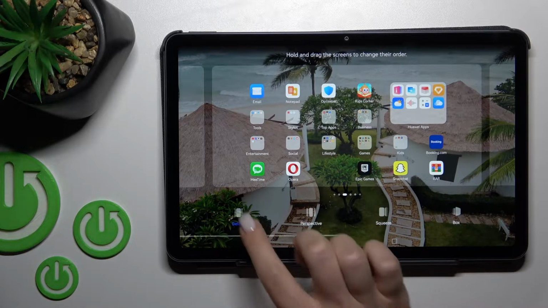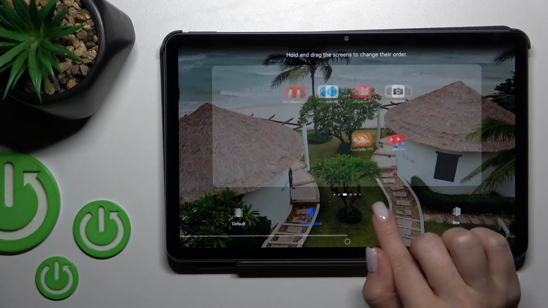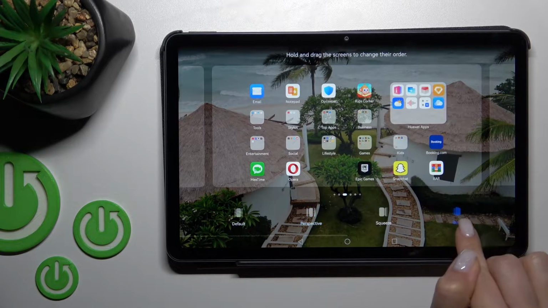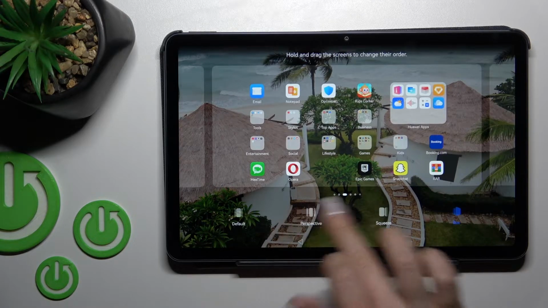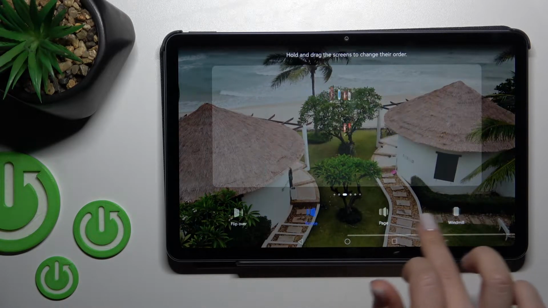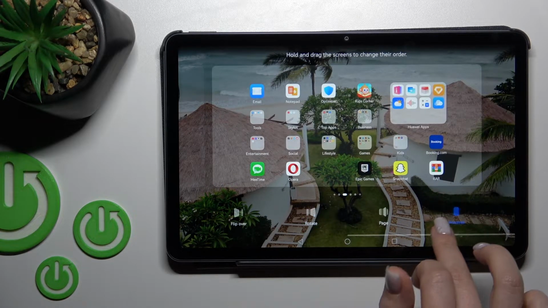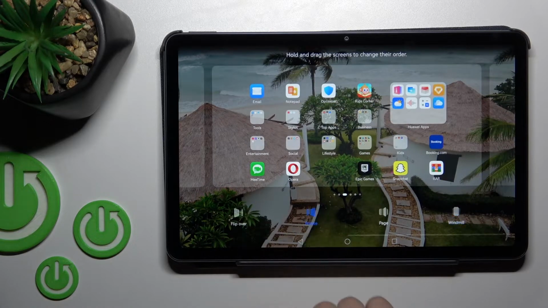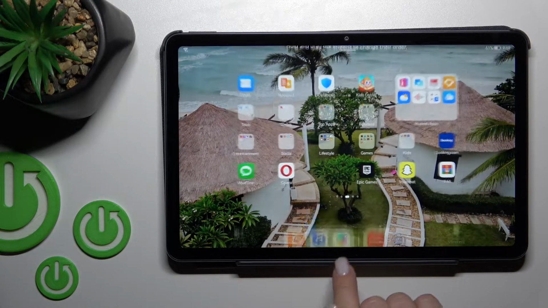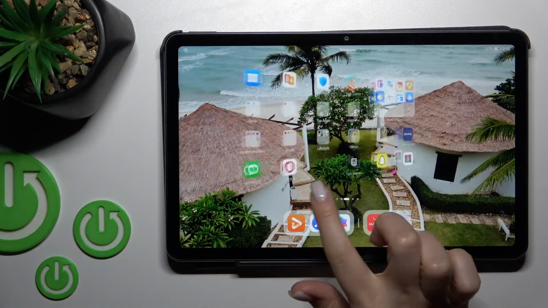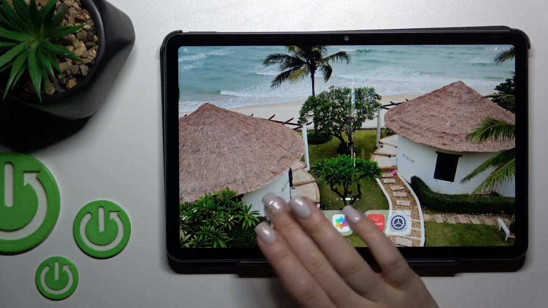Just click here once. Now we have selected the default one here, and after that you can select one from these available transitions. For example, I'll go with the rotate one. After that, just click on the home button, and now we can see that we just successfully changed the home screen